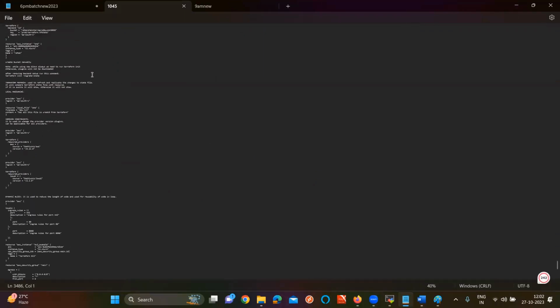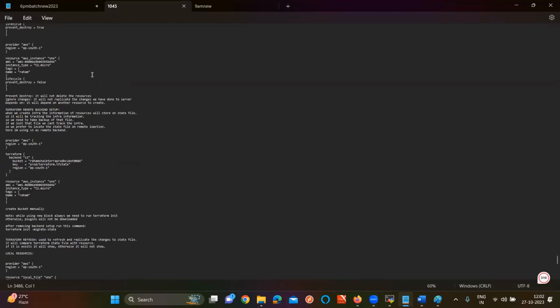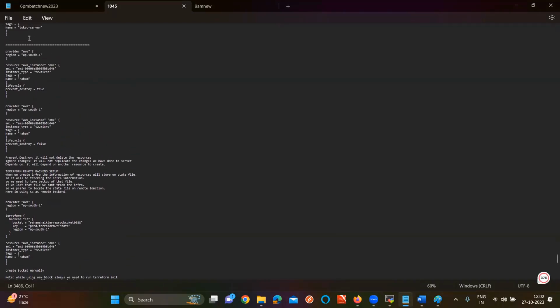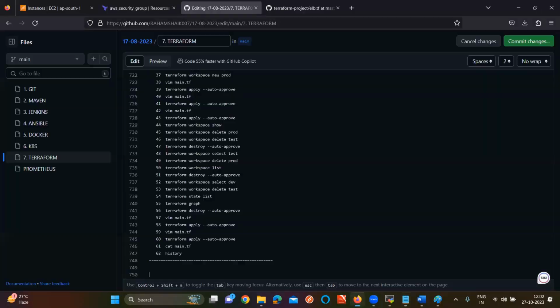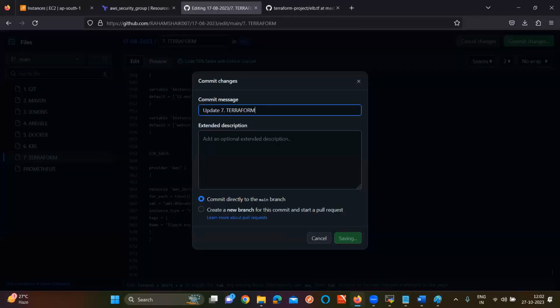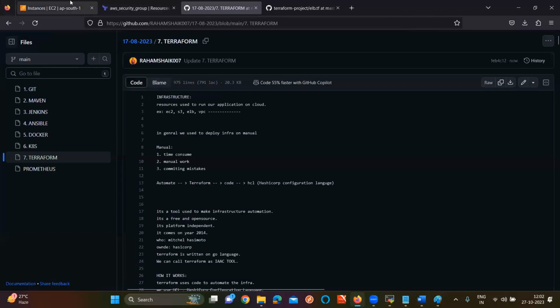So where did we start today? We started from here. Now, any doubts or any queries in today's session? First of all, we started Terraform lifecycle. Then we started S3 remote backend. Then we saw the dynamic block, and finally we saw the loops concept and some version constraints. So these are the topics for today's session. Any doubts or queries from your end?